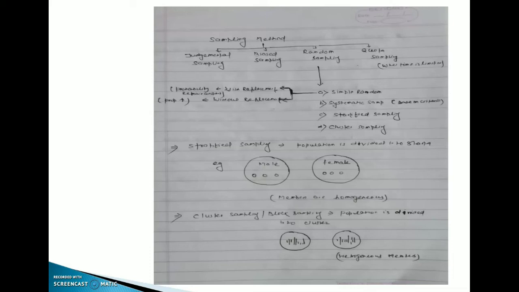Judgmental sampling is basically based on someone's judgment. It totally depends upon judgment. On the basis of someone's judgment, we take some sample and we do sampling. Biased sampling is actually based on some kind of